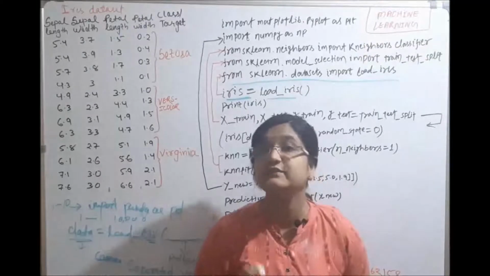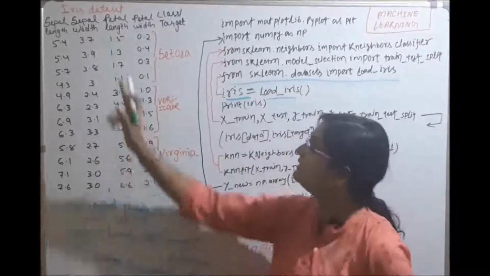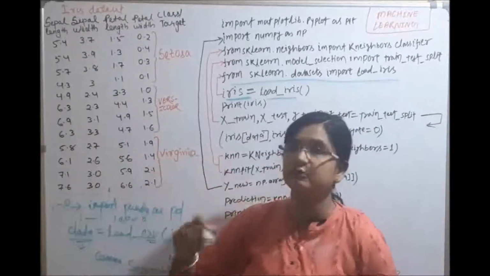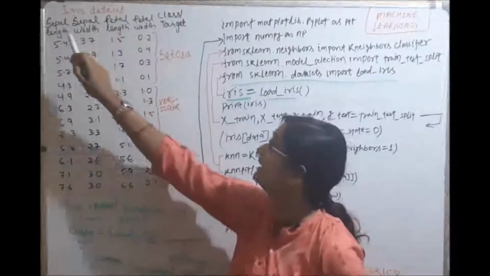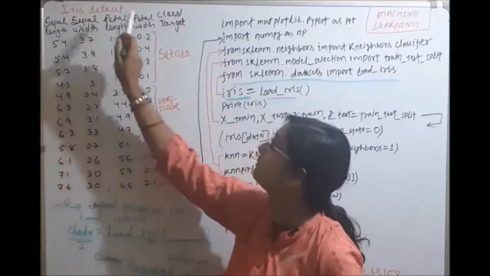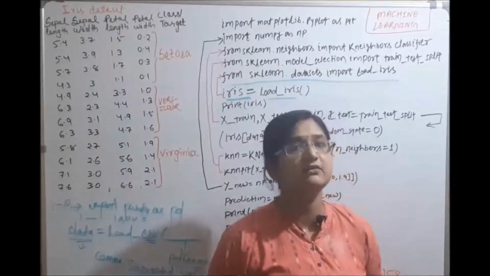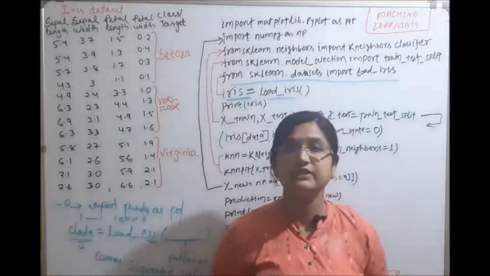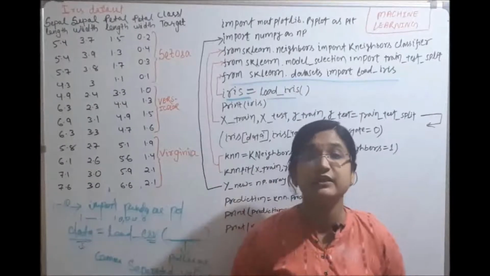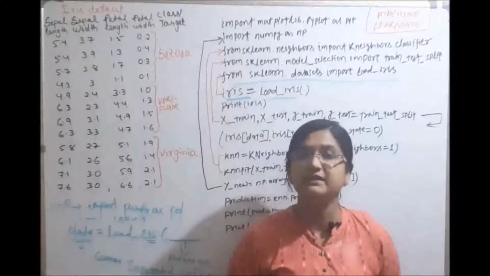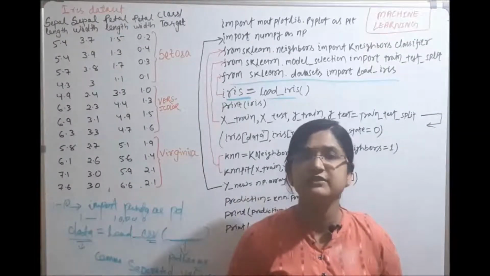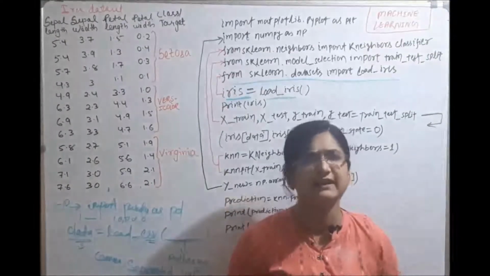And the next one is feature selection. Features means what are the labels we are taking. The 4 features are sepal length, sepal width, petal length and petal width. These four features are relevant and very much necessary for our data prediction. So these are relevant features, so feature selection is not necessary.